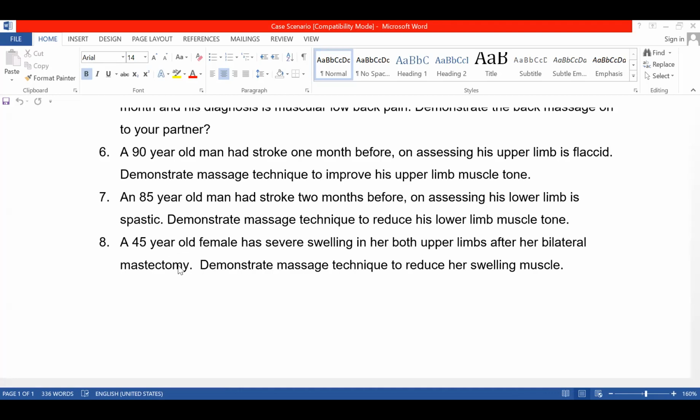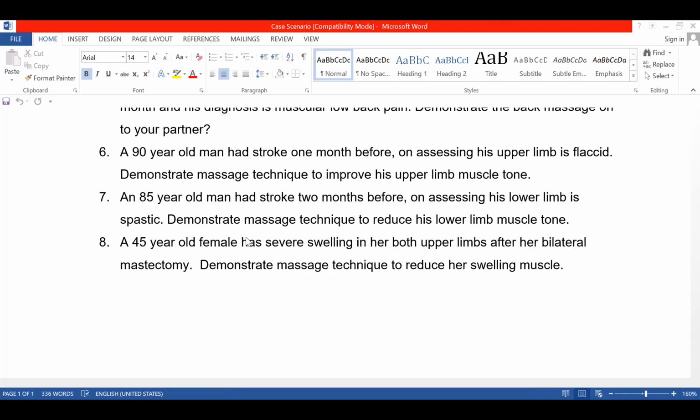Another thing is you need to see whether there is any block in the lymphatic nodes. Even though for swelling we need to give from distal to proximal, in this particular case, since the blockage will be in the lymphatic node, you need to clear off the proximal blockage first, then start from distal. So you work on the arm and clear the lymphatic blockage, and after that again start from wrist to the arm.